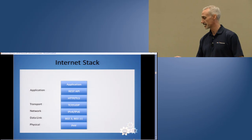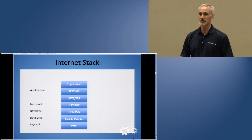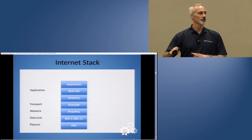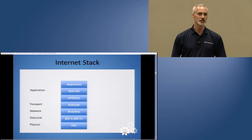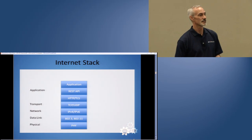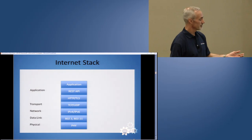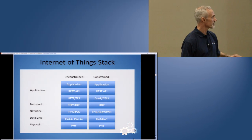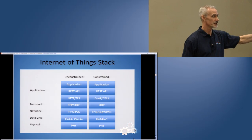So from a thing perspective, I'm happy to see that the IETF is following a similar model. And things can follow the basic internet stack as we show here, but things that are deployed on pipelines in remote areas are working in a more harsh environment, and they may not have the luxury of connecting to an Ethernet port or even a wide area 4G type of wireless connection. So the IEEE has defined, again starting at the bottom of the stack here, for these so-called constrained environments where you don't have the luxury of a broadband connection,